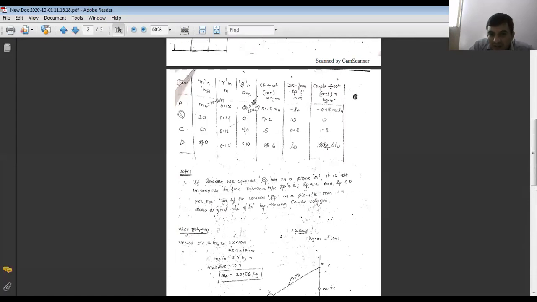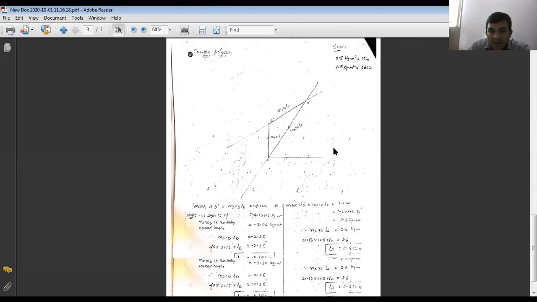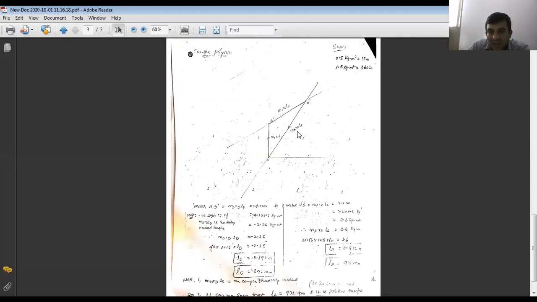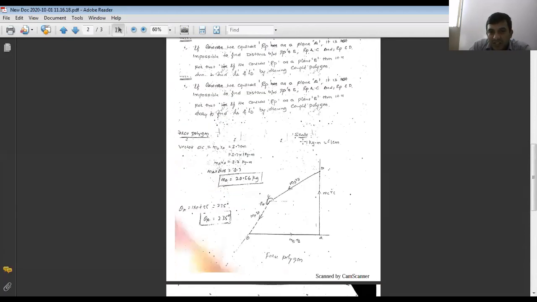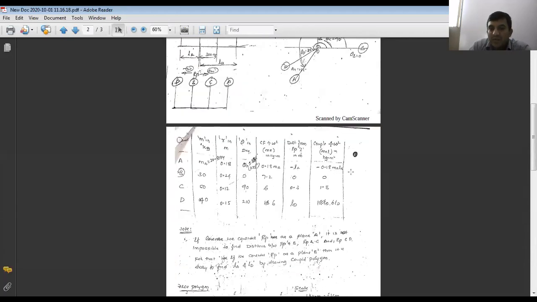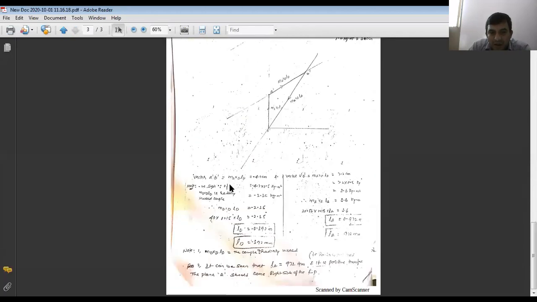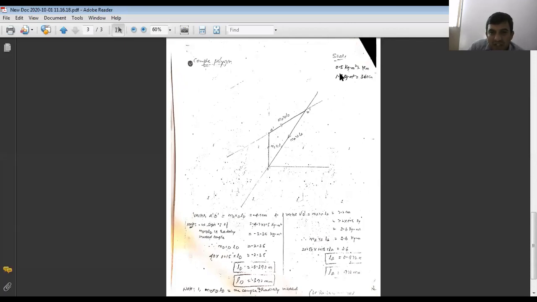MDRDLD is nothing but 6 times LD. Similarly, measure O dash B dash, which shows MARALA, that is minus 0.18 times MALA. From the couple polygon, the vector A dash B dash is MDRDLD, about 4.7 centimeter. The negative sign is because MDRD is radially inward; later we'll discuss that. Now multiply by the scale, 1 centimeter equals 0.5 kg m, and we get minus 2.35 kg m².